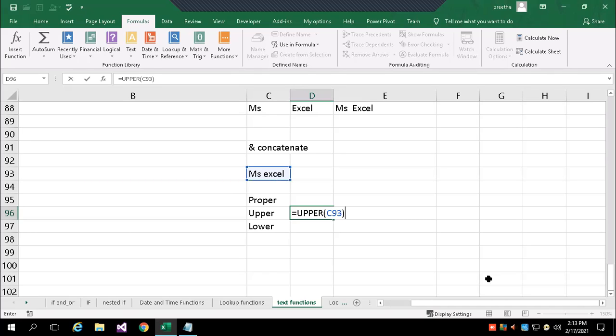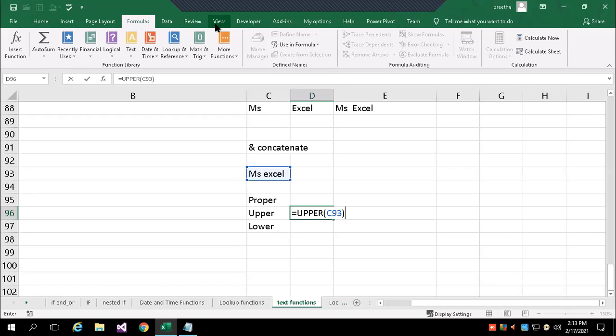You can see I started with the equal symbol. The function name is UPPER. UPPER is for converting to capital letters; all the given text will be converted to capital. Usually in a company, when you get real transaction data, the data might be in small letters or capital letters or have extra spaces, everything might be there.